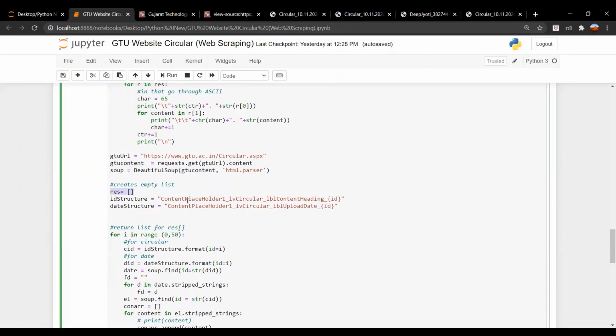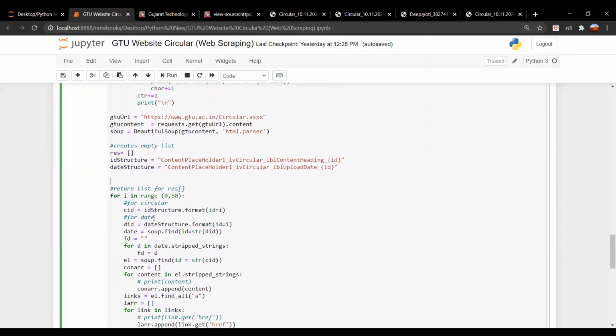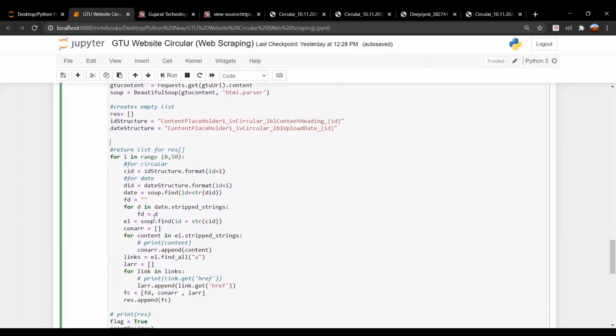The ID structure and content structure will help to open a circular with a particular ID and date that will be selected by the user. Now the logic behind this for loop is to open the particular circular PDF that is chosen by the user.